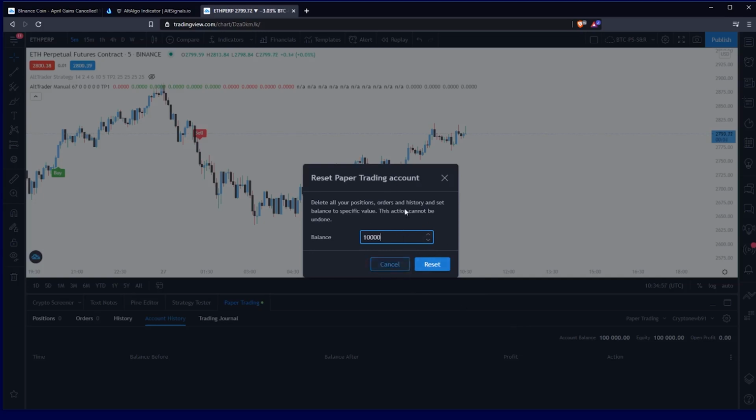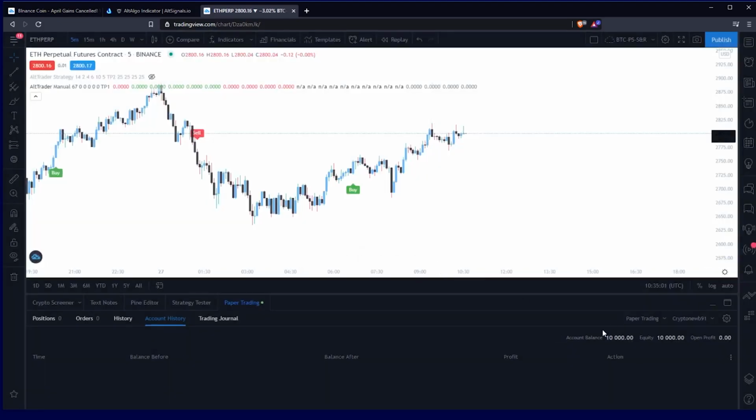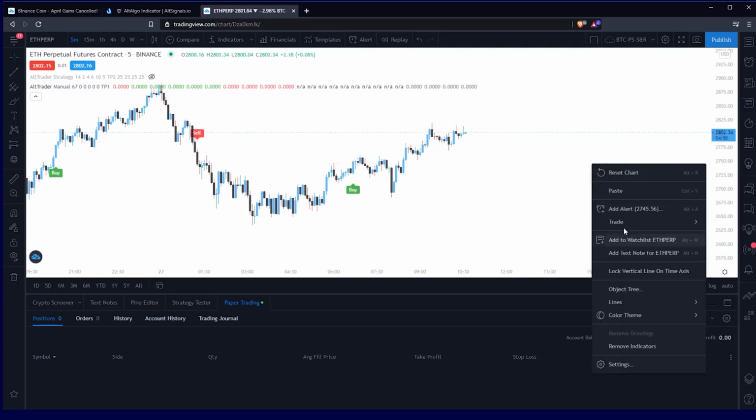So let's say I want to have 1,000 with 10x leverage. So we click that, and now we can see the account balance has changed, your equity has changed, and everything else is the same. The next thing I want you to check is if you right click on your chart,